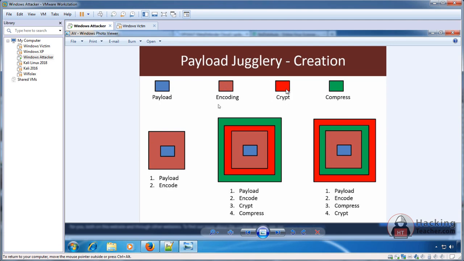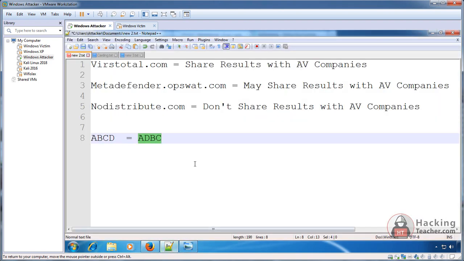The next thing is encryption. Encryption is that you totally change your file. Encryption works through mathematical formulas, where you multiply your file with some number, divide, subtract, add. You do a lot of mathematical calculations with it, and it will turn into a totally new value, maybe 093GX. So ABCD is converted into a totally new value. When you want to convert it back into ADBC, you have to revert those mathematical calculations, and then it will be converted back into ADBC.